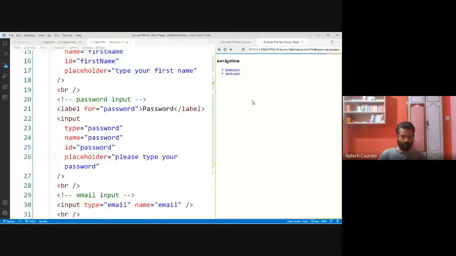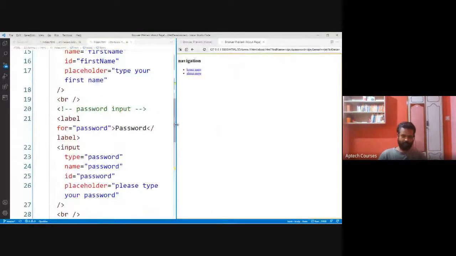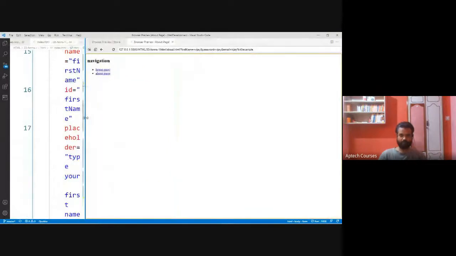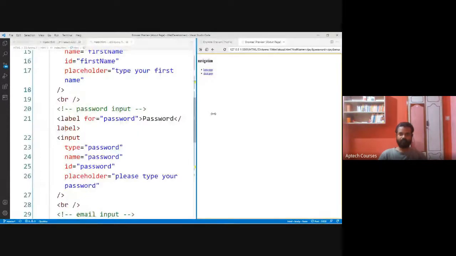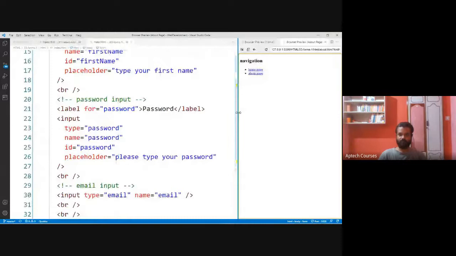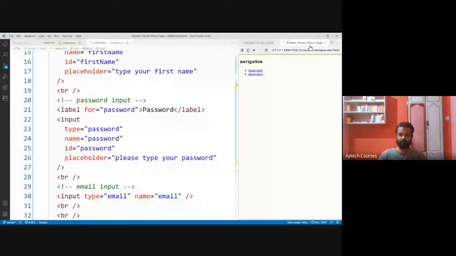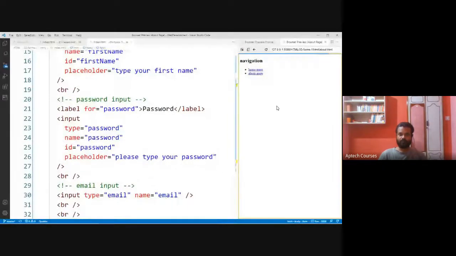See, here we are redirected to about.html. This is about.html. Currently we are in the about.html.